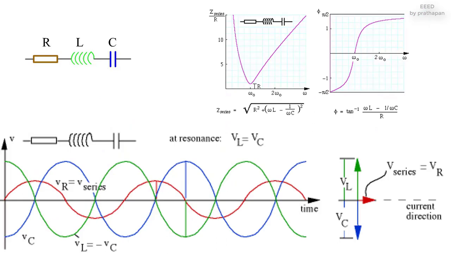The next graph shows us the special case where the frequency is such that V_L equals V_C. Because v_L(t) and v_C(t) are 180 degrees out of phase, this means that v_L(t) equals minus v_C(t), so the two reactive voltages cancel out, and the series voltage is just equal to that across the resistor,